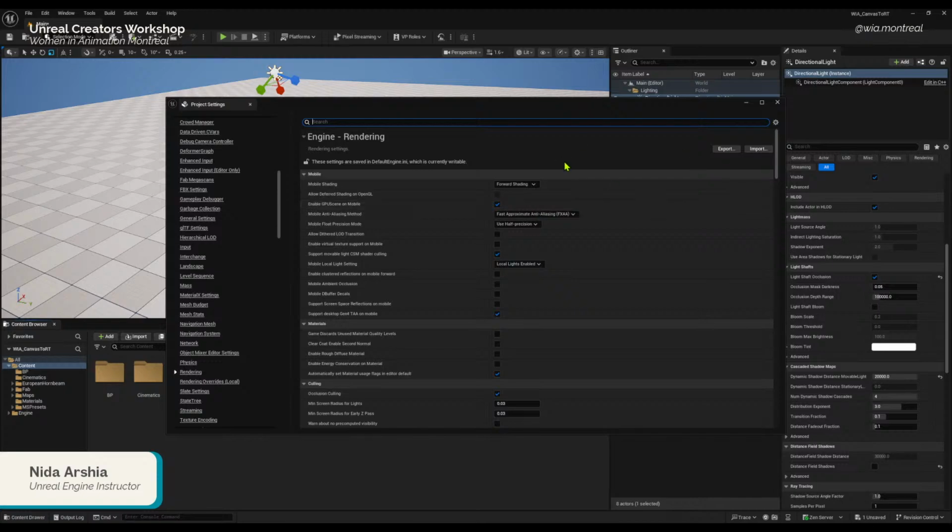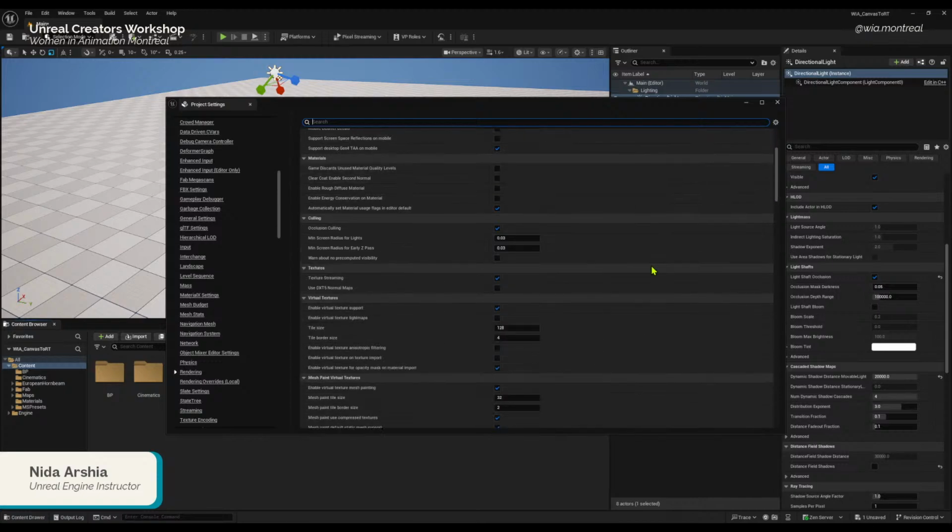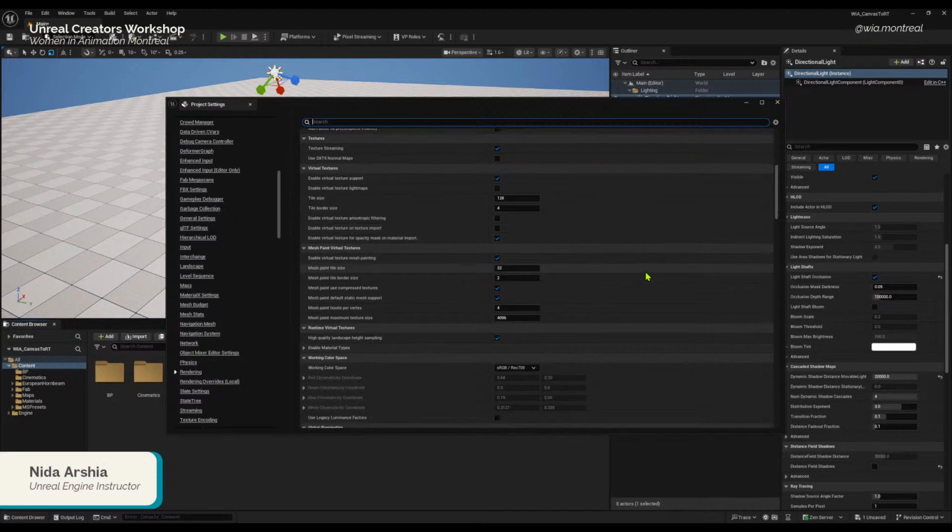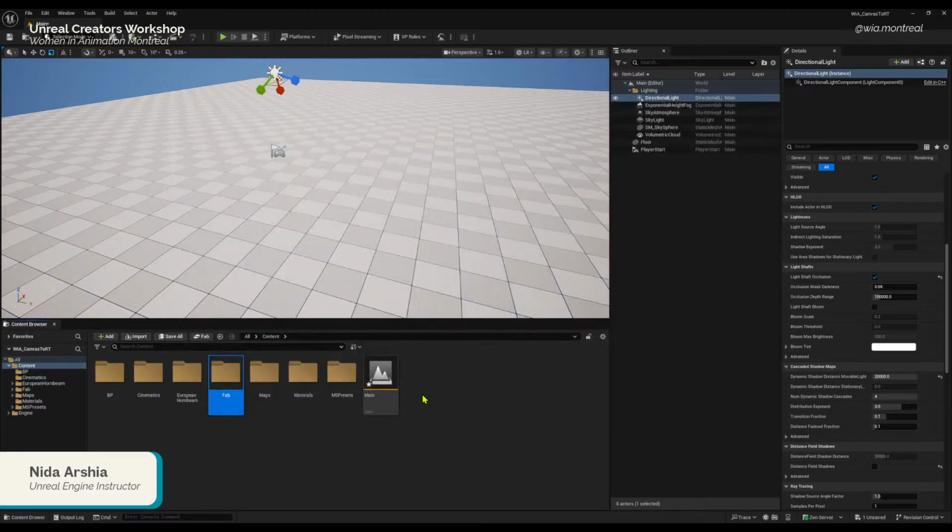Right now for this project, we are working with the default settings, but they are going to improve the quality of lighting and so on. We're not going to look at a lot of it. These are just some key basic things that are important to know about. All good? Okay.